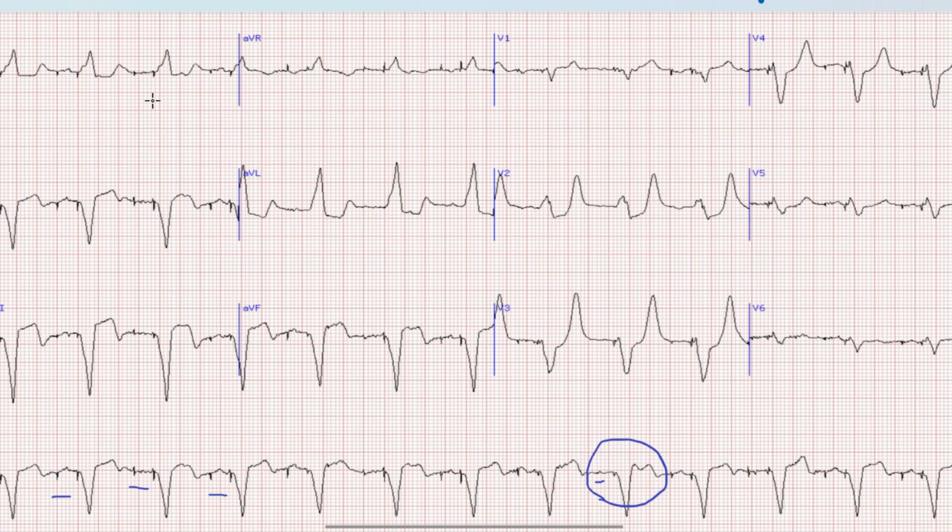So next is axis. Here in lead 1 we can see that the QRS is directed upwards while the QRS is negative in lead AVF, which means that this is a left axis deviation. As we know, in case of ventricular pacing, the pacing leads are in the right ventricle. This is why the axis in a paced rhythm is left axis.